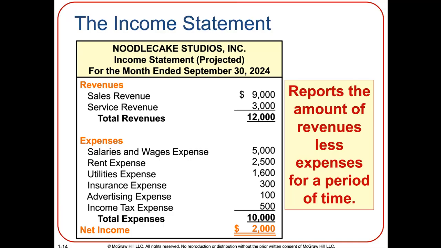Now a couple of things to note here. In every financial statement, you're going to have 3 things at the top: the name of the company, the title of that financial statement, and then the date. Notice that the date on this one says 4 month ended September 30th, which means that all of the information shown here covers just September, from September 1st. You with me? Now, if it said for the quarter ended September 30th, that means all this information would have covered